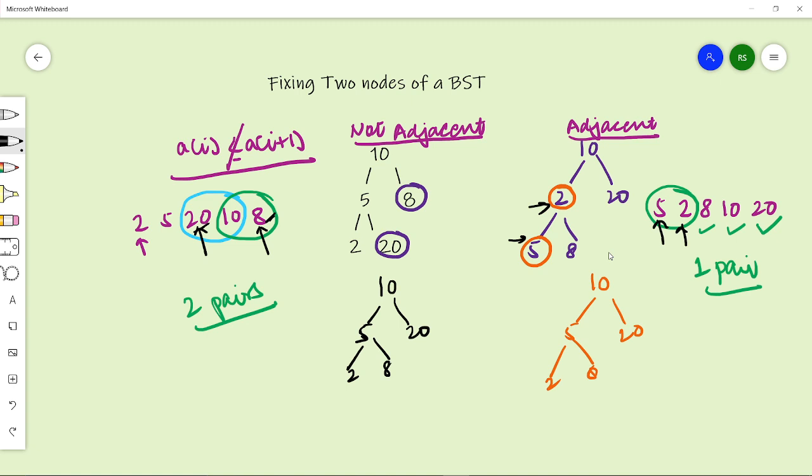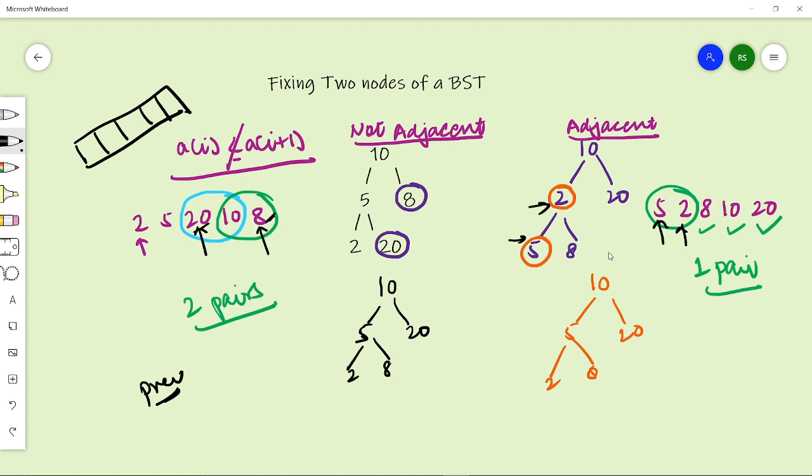So see, if we observe, in the last question, we used one auxiliary array to store the in-order traversal for the given BST. But if we observe it, then we can see in this, we are actually comparing the current elements with its previous node. So we don't need to store the entire array. We can simply make one pointer and that pointer will do our work.